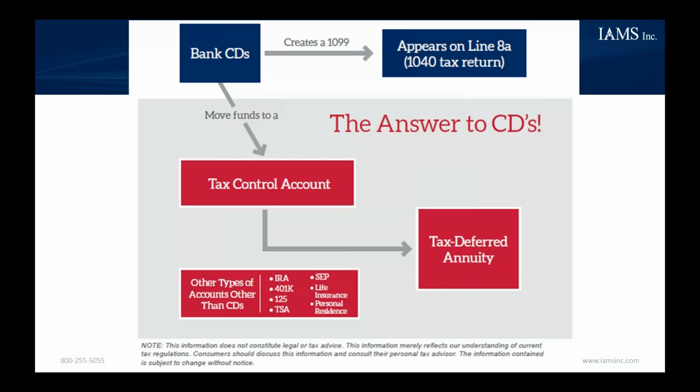So you can see at the top you've got bank CDs. What does it generate? Well, on line A of the 1040, it does show the interest income that you're paying on your bank CDs. So what are some possible moves that we can make with these dollars to eliminate or reduce what's on line A? So what we look at are tax controlled accounts,